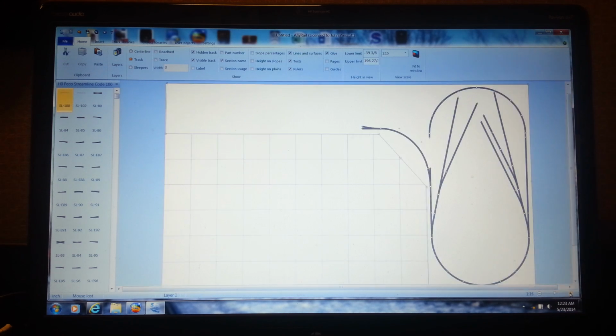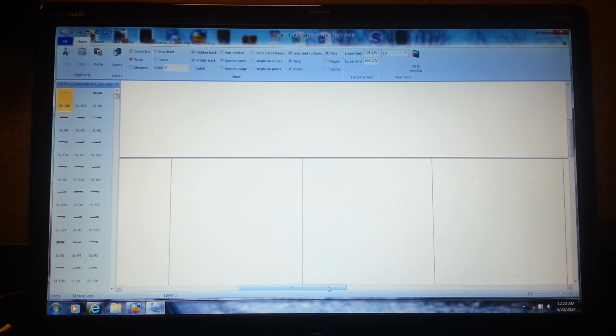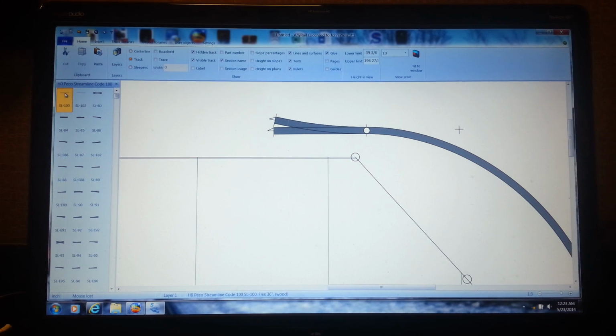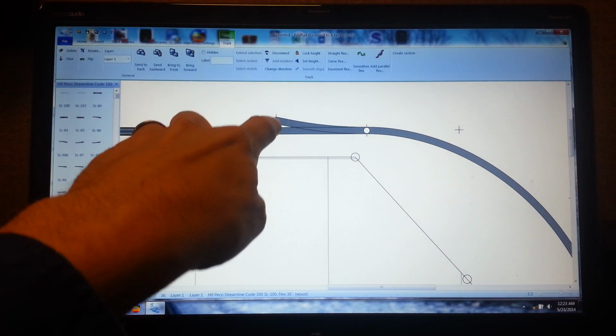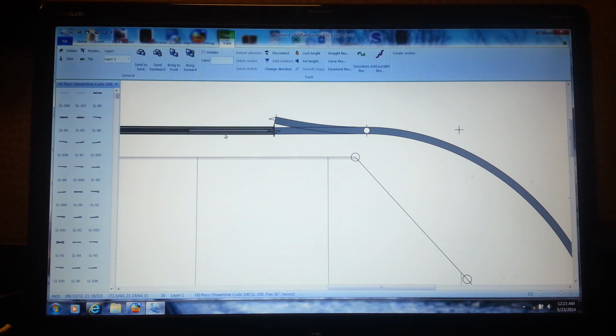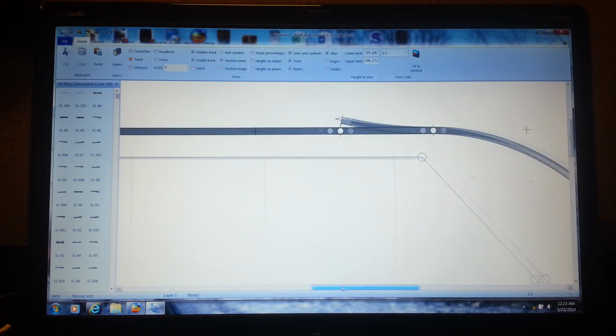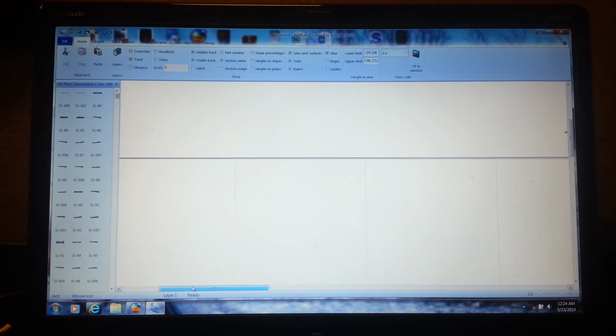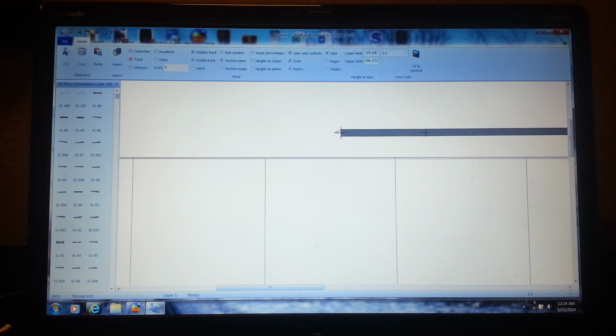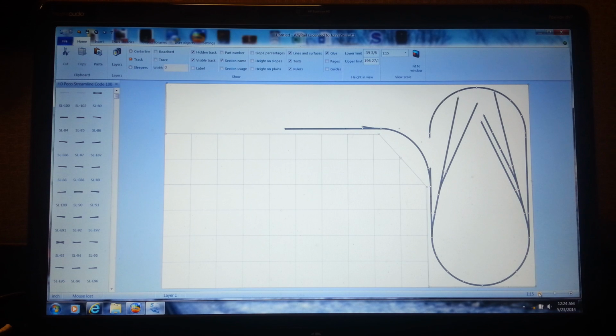And there's a zoom feature too. You can zoom right on up in there. Let's see how this looks. And here you can see the two little things I was telling you about on the end here. And let's see. That's straight enough for this demonstration. So we'll zoom back out